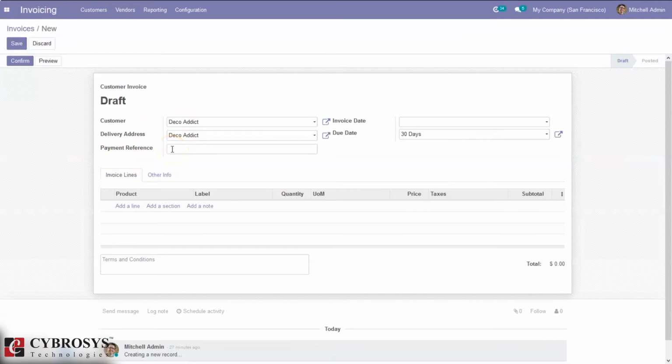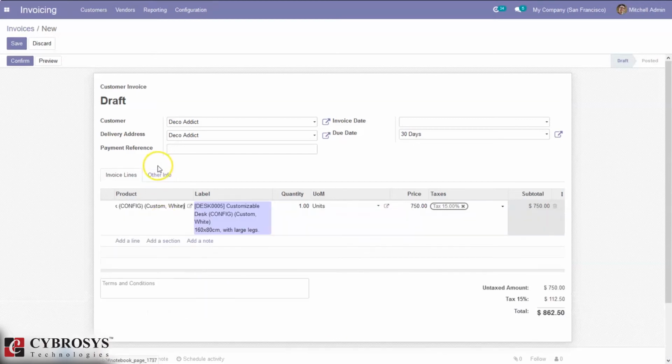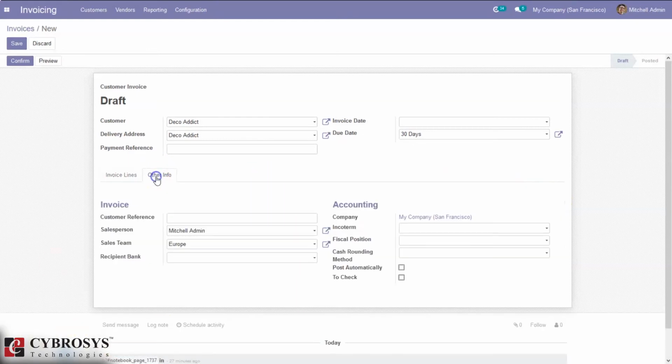By selecting the customer, delivery address, payment reference, invoice date, due date. Here we can select invoice lines. Before that, here we can find the cash rounding method option under other information.